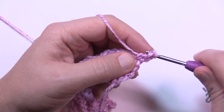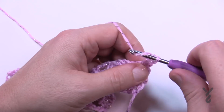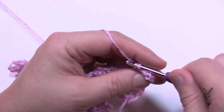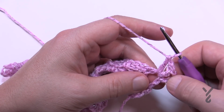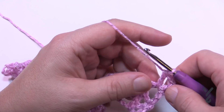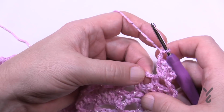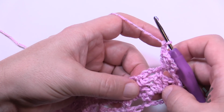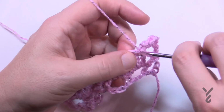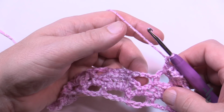So don't chain 1 first, just immediately double crochet into that space, then chain 1 and double crochet again. So it appears that you have 3 on the ends with the chain 1 space that separates the last 2. You're then going to chain 1, and you're just gonna pull up this chain that's sitting on top of this shell here, and you're gonna single crochet, chain 1, and in this space here we're going to apply the shell